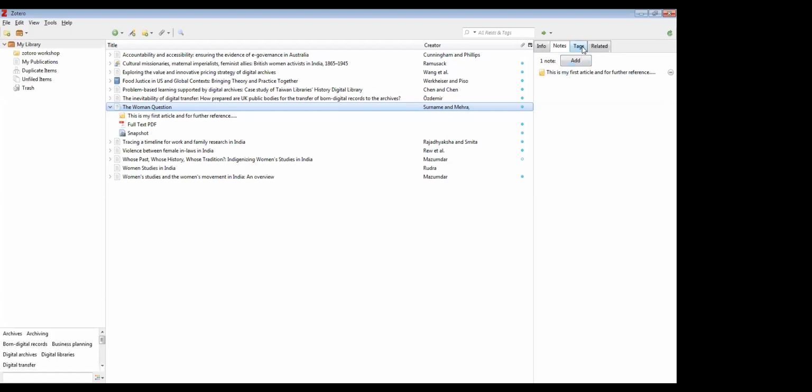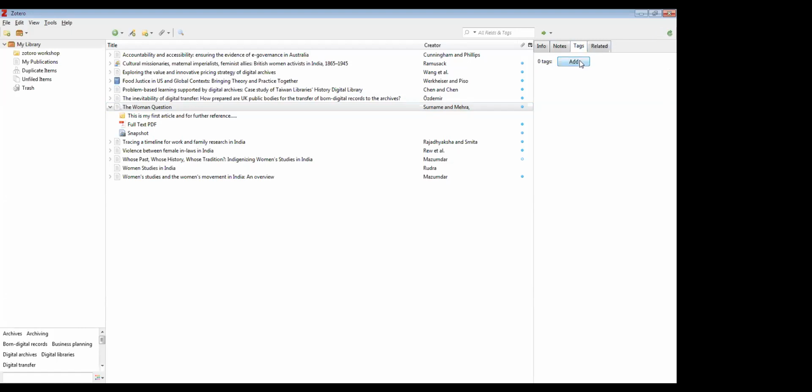Thirdly, next to notes, there is a tab called tags. It allows you to add keywords to a particular item or article, so that it will help you retrieve this item in a systematic and faster way.